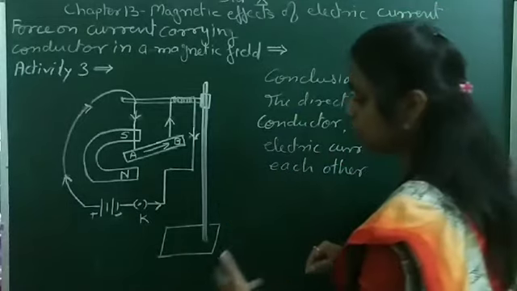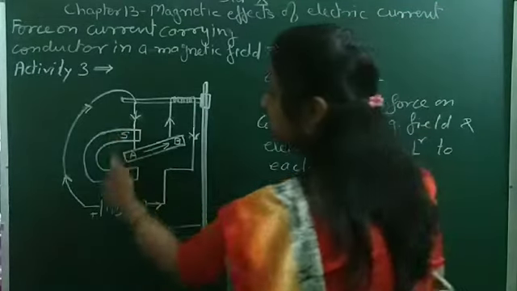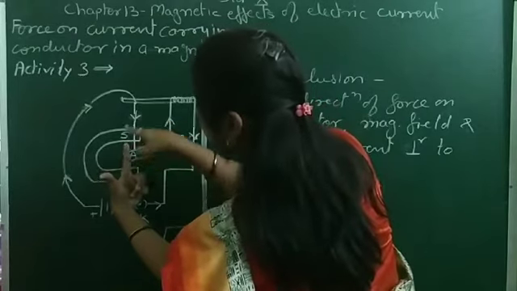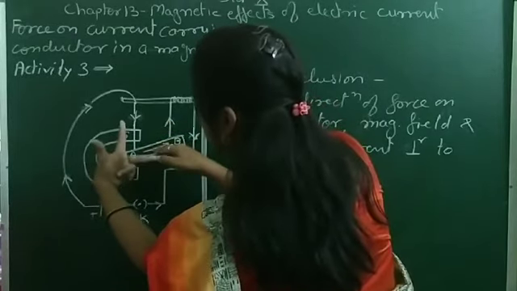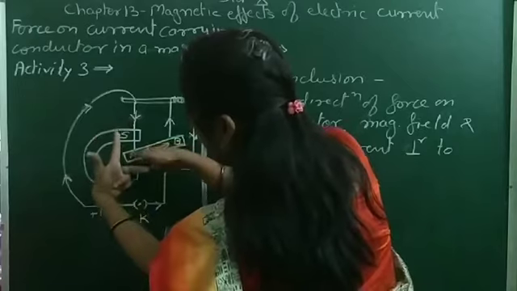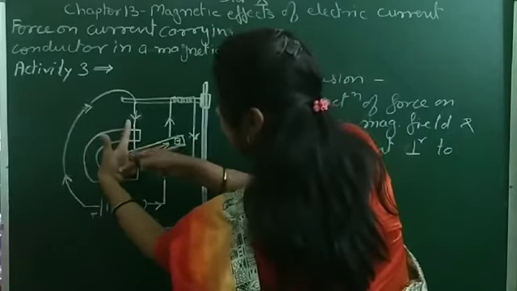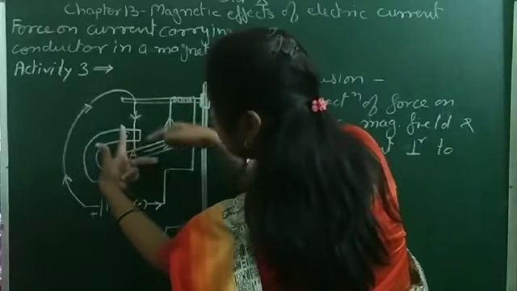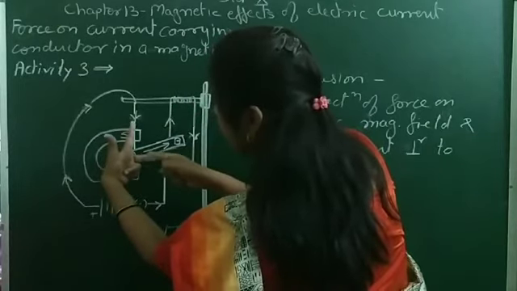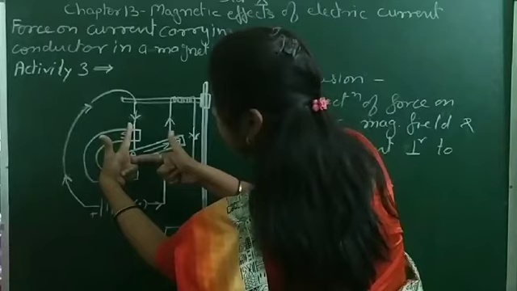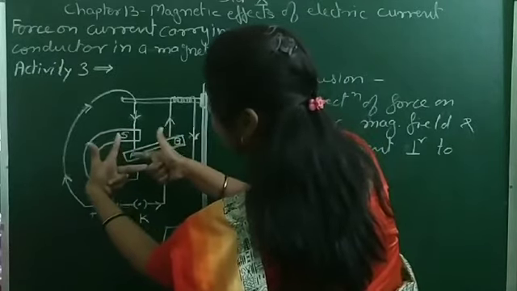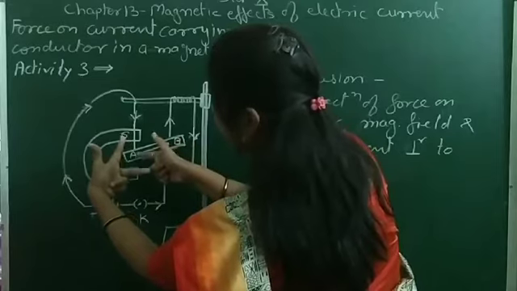this. So what is the direction of magnetic field? The forefinger represents the direction of magnetic field. This is the direction of electric current because our conductor lies horizontally. So this is the direction of magnetic field, which is upward. This is the direction of electric current. So the electric current may be changed. It may go from A to B or it may go from B to A. So whenever it goes from B to A, then